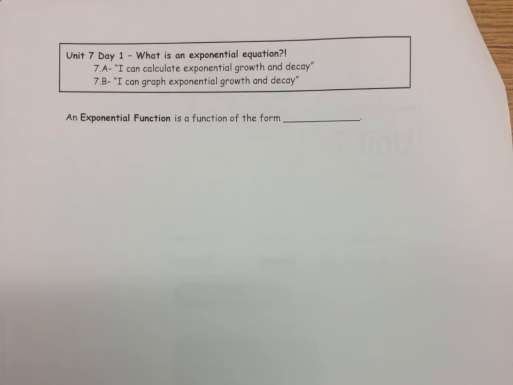We didn't do this in class, but we'll quickly talk about it right now. An exponential function is in the form y equals a times b to the x. Sometimes there's a dot in between them or parentheses around the b. You don't need that. Where a is the y-intercept